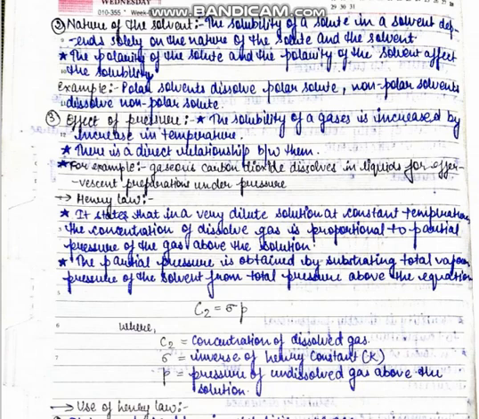If the solute is of polar nature, then we have to choose a polar solvent for increasing its solubility. If we have a polar solute and we choose a non-polar solvent, then its solubility will decrease in that non-polar solvent. So we have to choose the solute and solvent based on their polarity, and keep in mind what kind of solute we are going to use and what kind of solvent will be the best option for that solute.